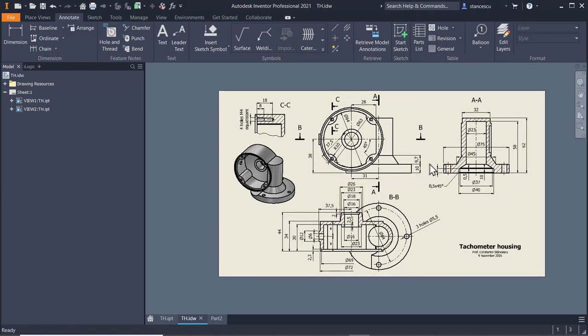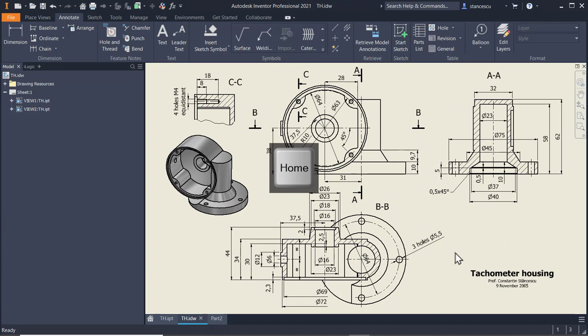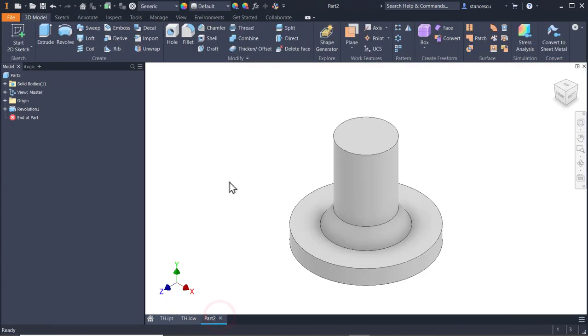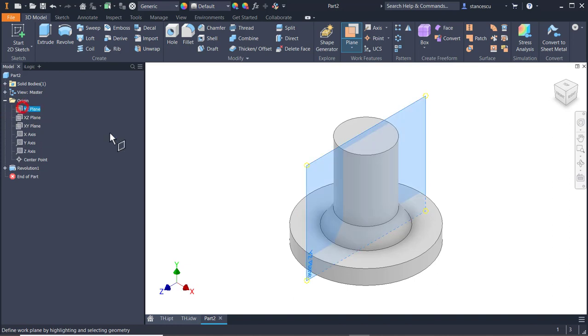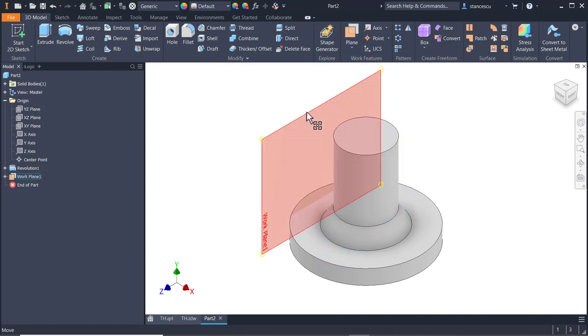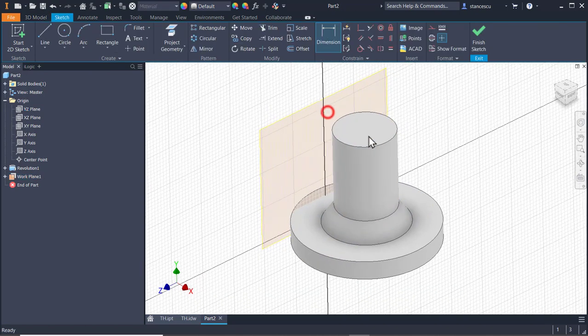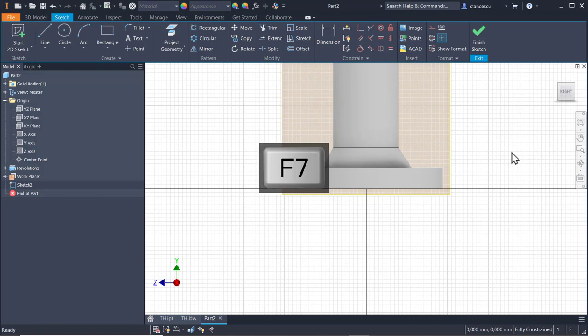We create a plane at a distance of 31 from this plane, and there the contour of external volume. Look here, a plane at minus 31, F7,